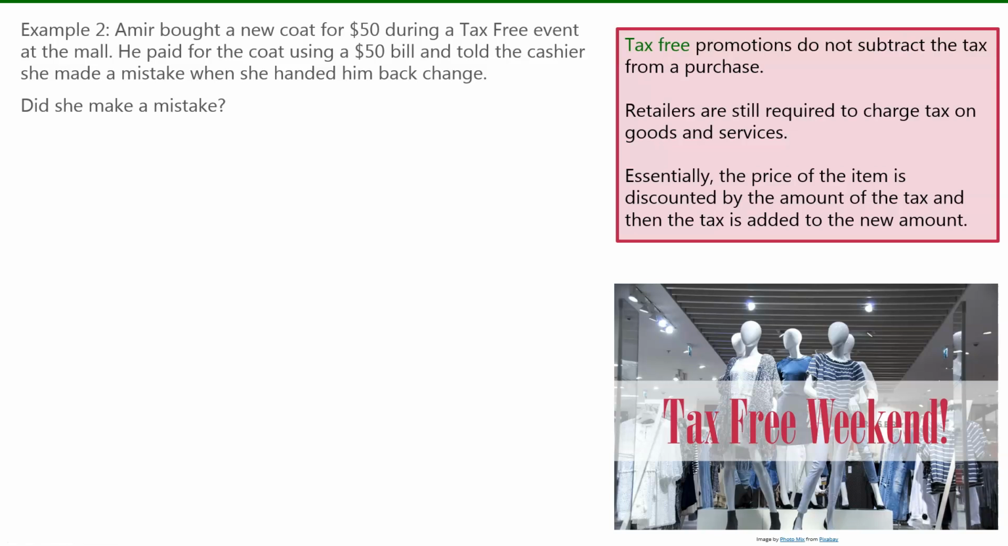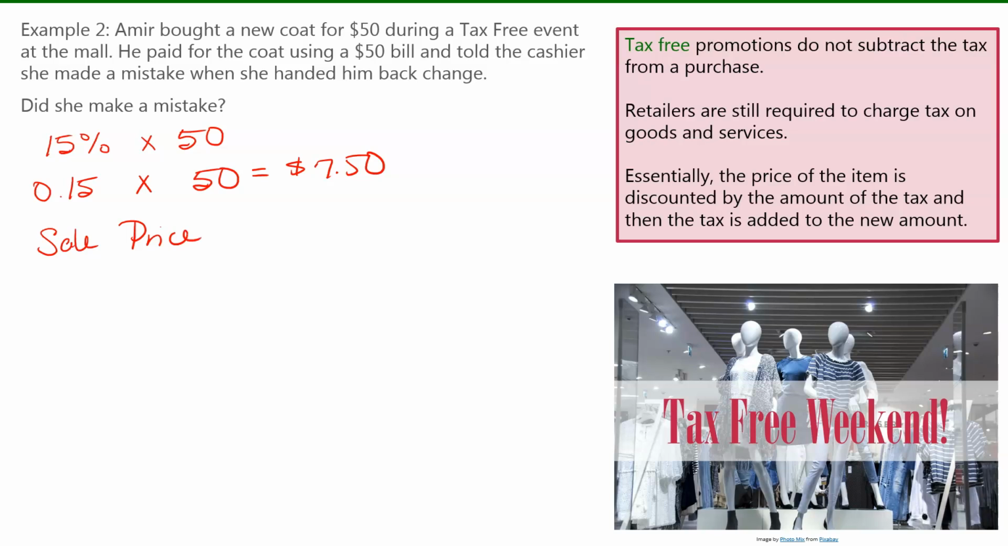Well, first we would need to calculate the amount of the discount. So during tax-free promotions, items are discounted by the amount of the tax. So that means Amir is essentially saving 15% on the price of his coat. 15% is 0.15. We multiply that by 50 and we get $7.50. So if he saves $7.50, then the sale price would be $50, subtract the $7.50, which is